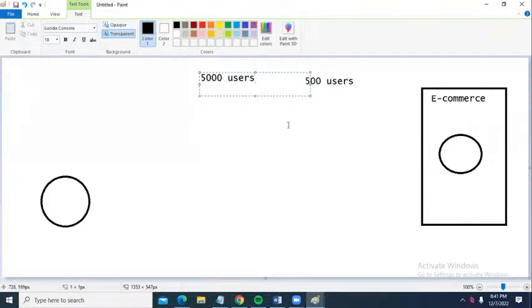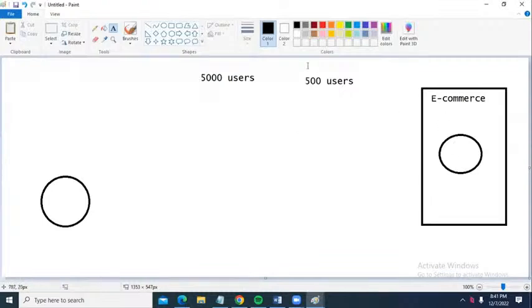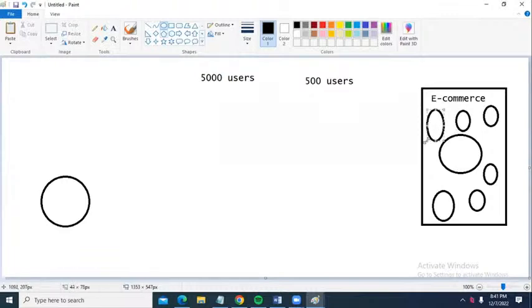For 5,000 users one single machine is not enough, because it is heavily overloaded. So we have to have 10 systems, because each system can handle 500 user requests. They need to purchase 10 servers.